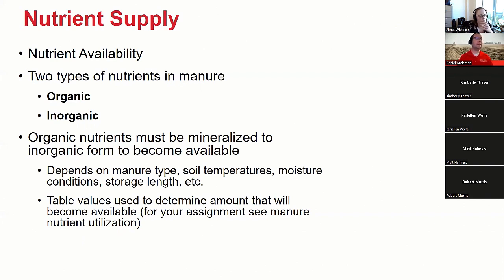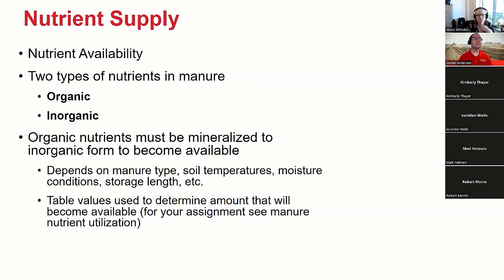And in some ways, that's a good thing for us, right? We see people right now trying to come up with coatings for urea or adding inhibitors to their nitrogen product to try and slow down mineralization, to try and hold it in a form where it will be stable for a period of time before the plant can take it up. That's essentially what organic nutrients are, right? They're protected from loss as long as we have erosion under control.